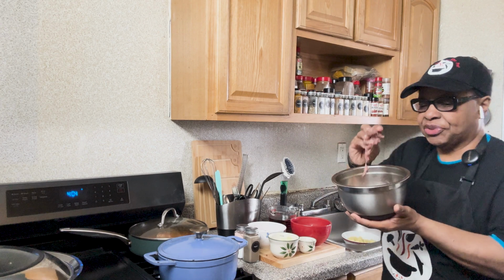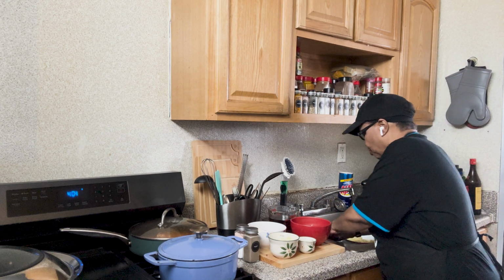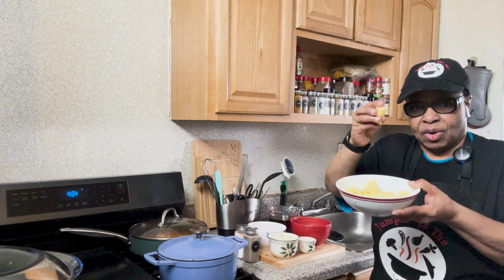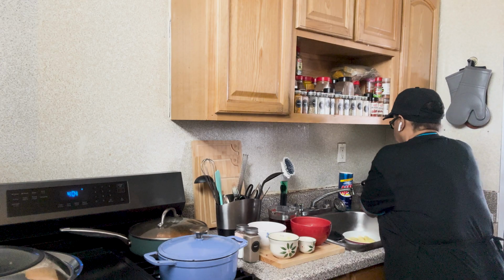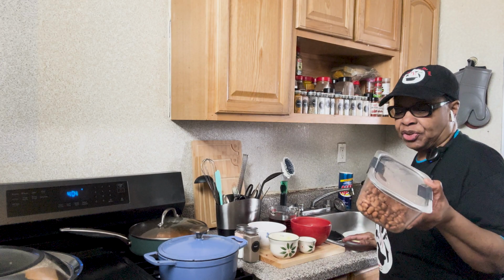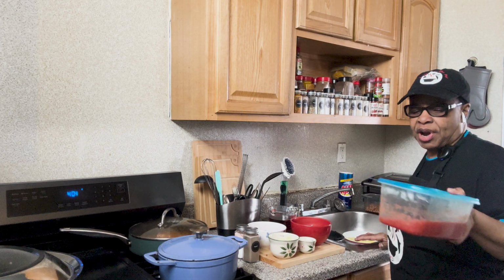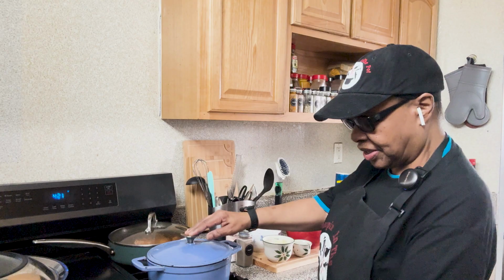this is the beef stew. I've already washed it and rinsed it several times. White potatoes cubed up, pinto beans, crushed tomatoes. I will be using a Dutch oven,